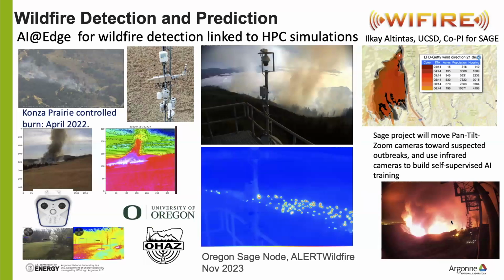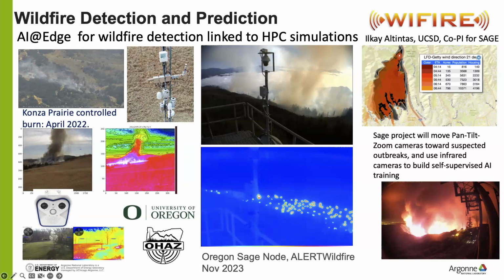Wildfire is a big issue now. We have nodes deployed in Oregon and in California that are looking for smoke and potential fires. We actually collected a bunch of data in a controlled burn at a prairie to actually explore whether or not infrared cameras would be more or a good augment to regular cameras. And then